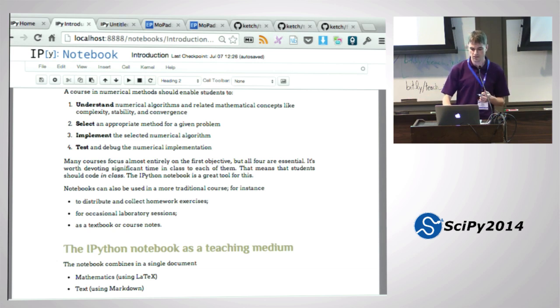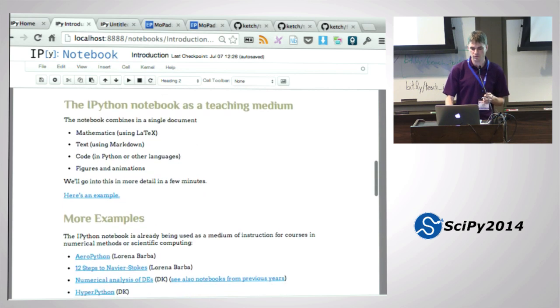And the advantage that notebooks have over a traditional printed textbook is that you can have mathematics and formatted text. Okay, you could have that in any medium. But you can also have executable code in the middle of your textbook. And you can have the figures and animations that the code produces and other figures all side by side. So the big advantage is really having that executable code. And also, I think, animations.